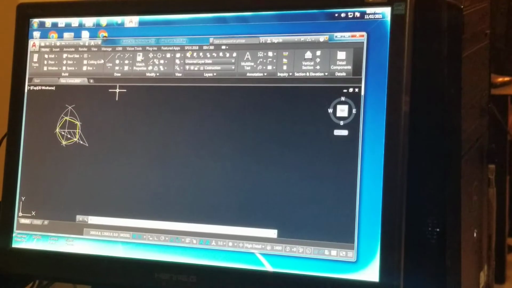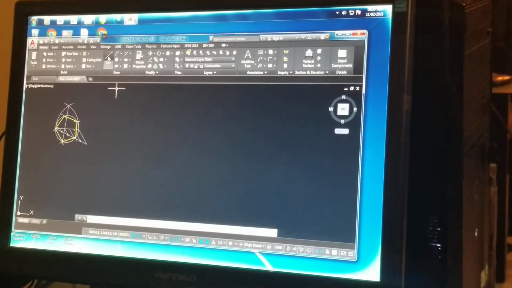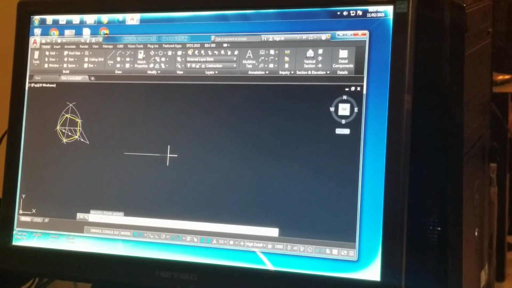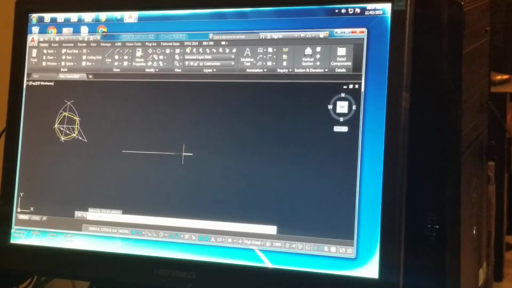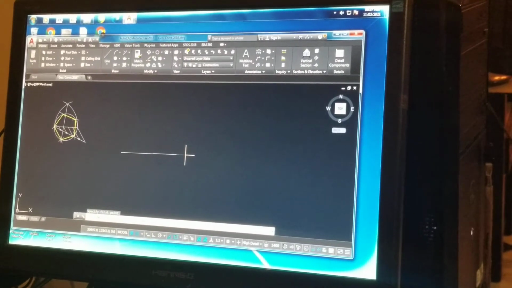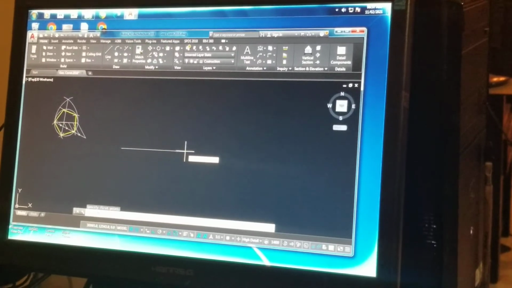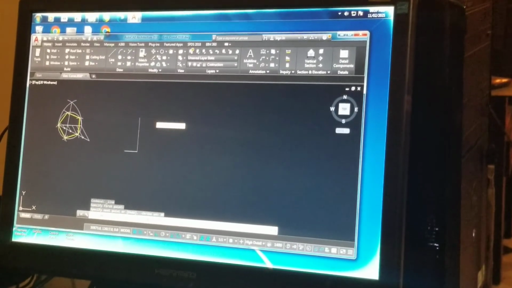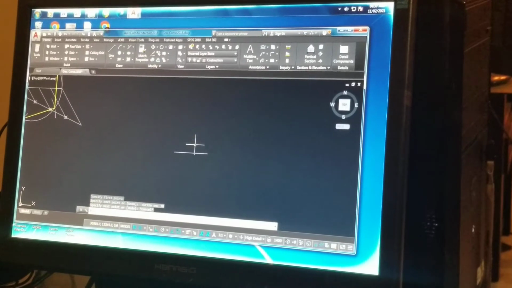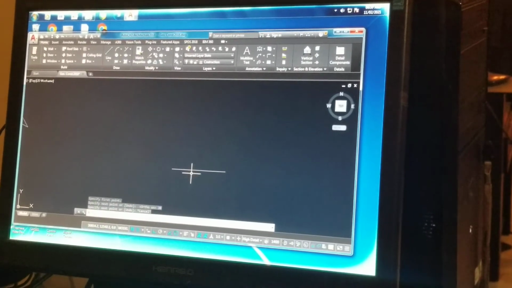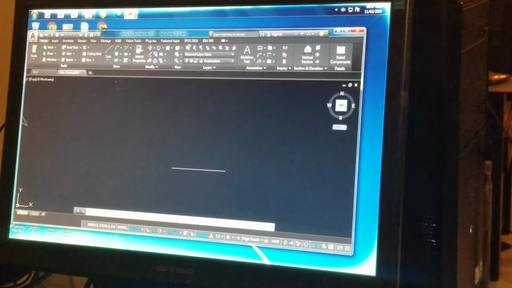We're going to go to line, having obtained our construction line and put in the measurement 30 millimeters, enter. Okay, that's my first side. It's my first side. All right, then I'm going to bisect